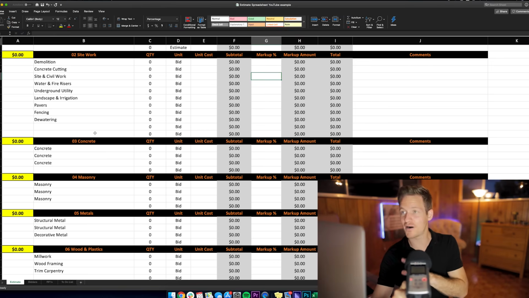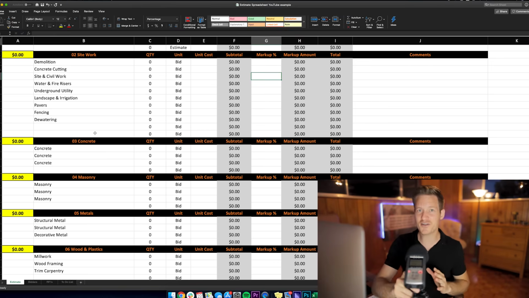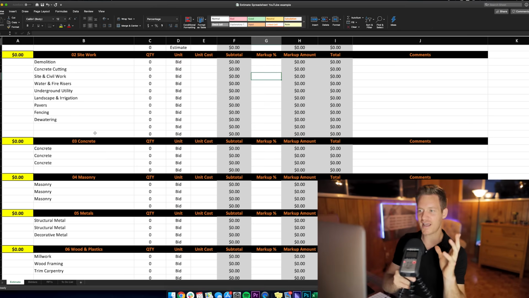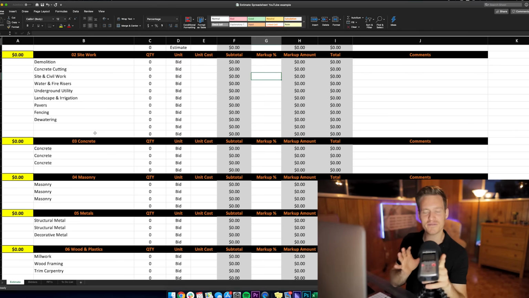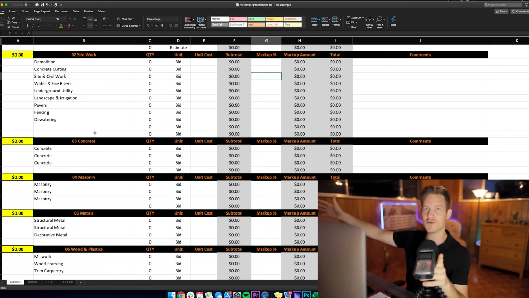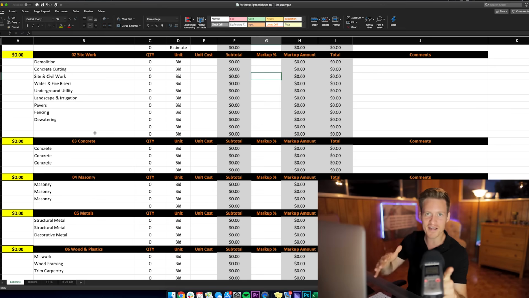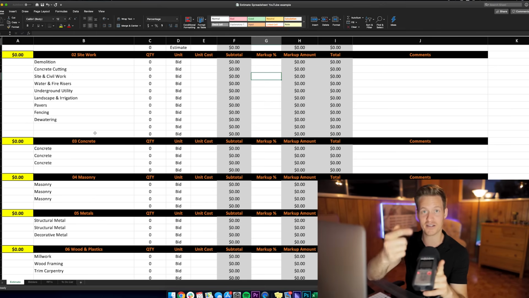The reason for the markup percentage is not so you can just make all kinds of extra money. It helps, but you're responsible. Say if the plumber missed a thing, or say them HVAC guys like, I didn't see those extra 7 returns in those rooms or whatever it may be. If you're uncomfortable at all with the subcontractor or with the set of plans and you're really not sure, or you just want maybe 5% of padding in there, this is where you put it, because you're giving a price to the owner.